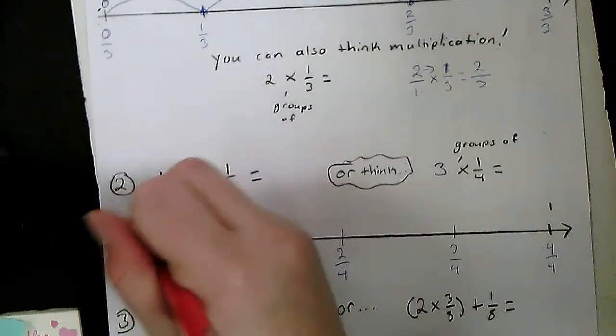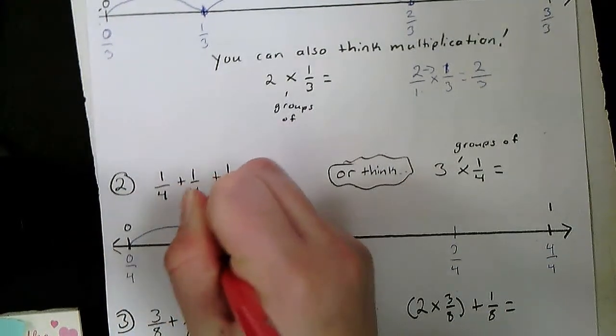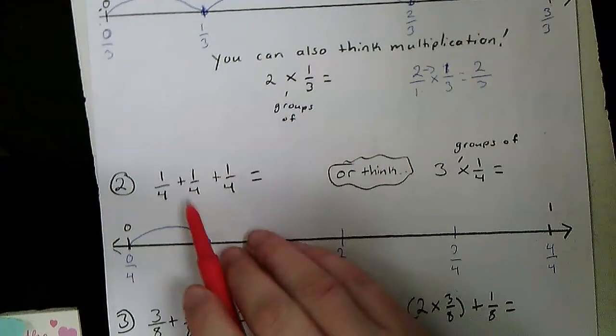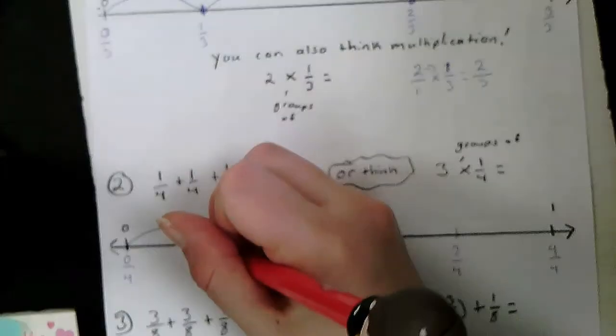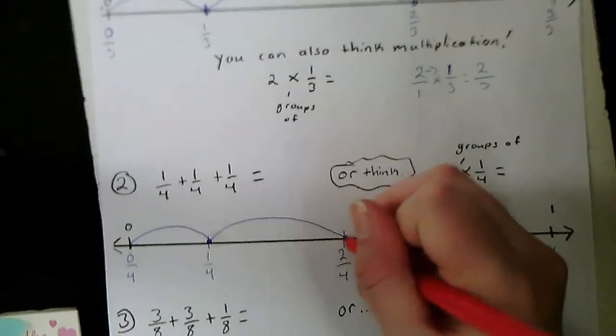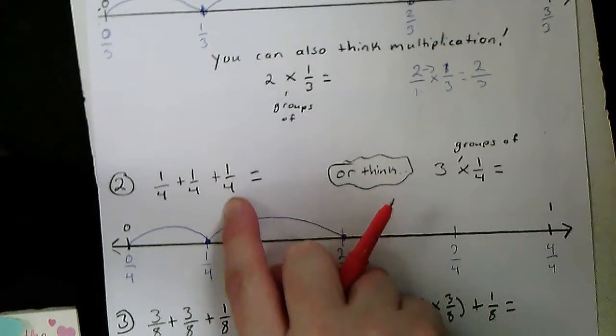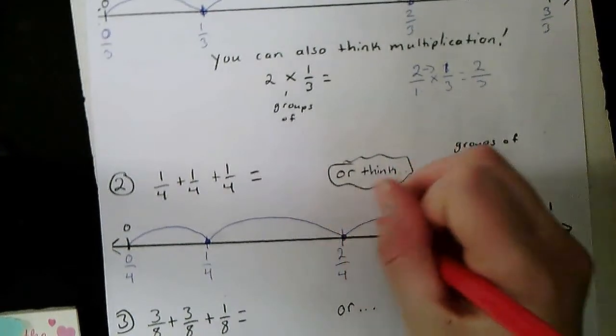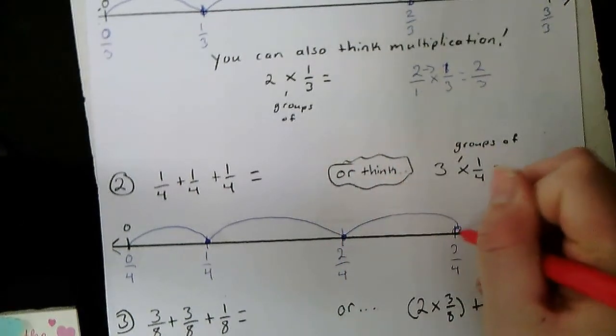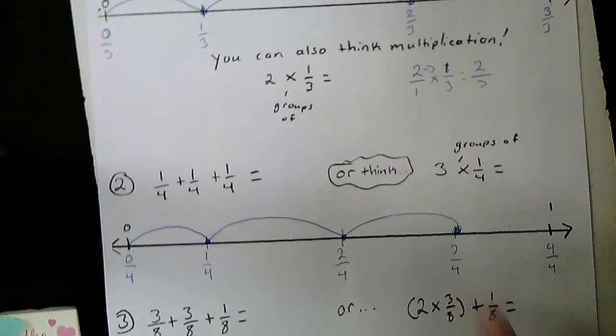I'm starting with a fourth, so I'm going to jump ahead to that fourth right there. And then I'm going to add 1/4. So I jump ahead one space to show that I'm adding a fourth, but I need to do that one more time because I have another fourth that I need to add. So I jump ahead one more time to get my answer of